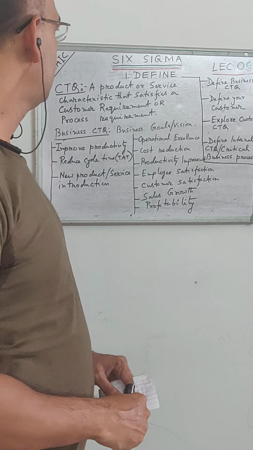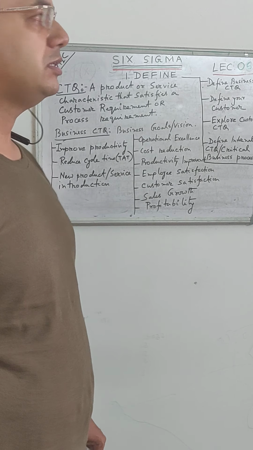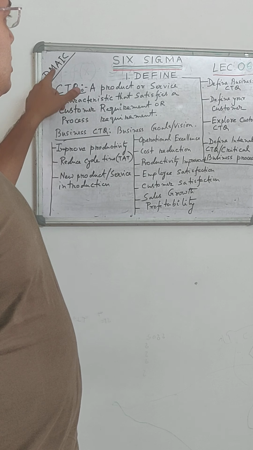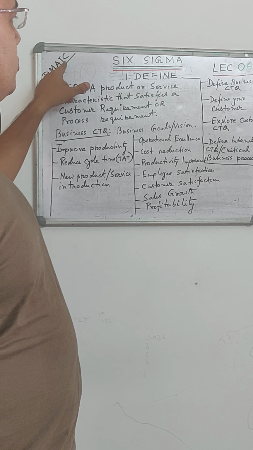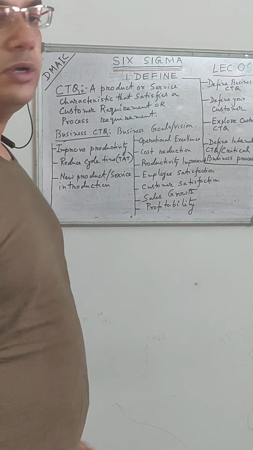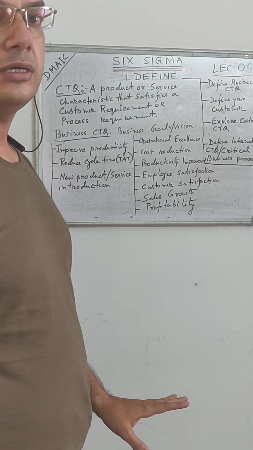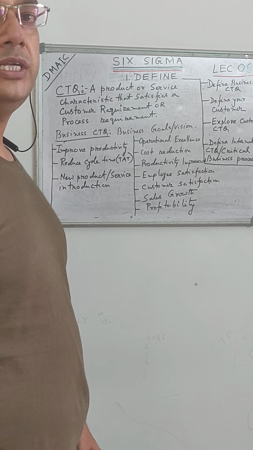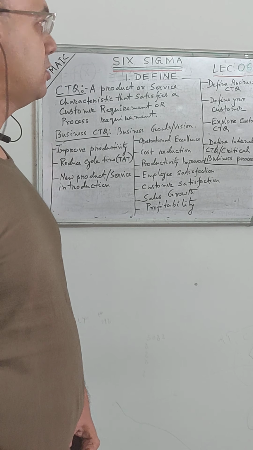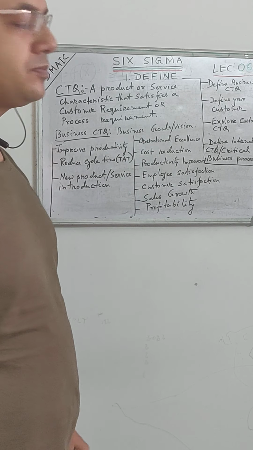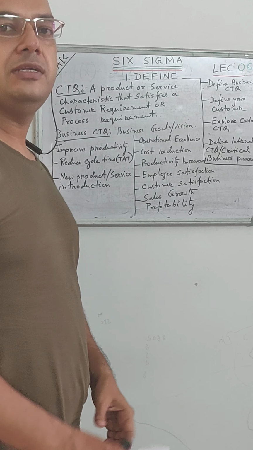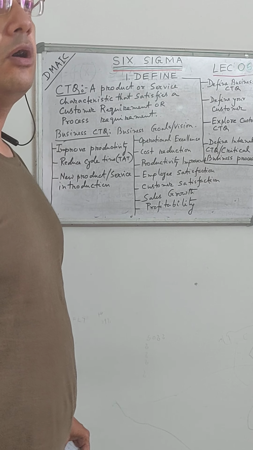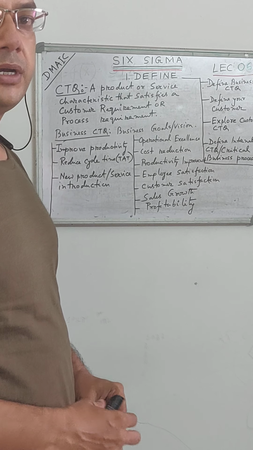Six Sigma. There is a DMAIC methodology we follow: define, measure, analyze, improve and control. So that we have discussed earlier in a nutshell. So today onwards we will go through each segment of this methodology. So first is define. In define phase we define a project or define a customer requirement.